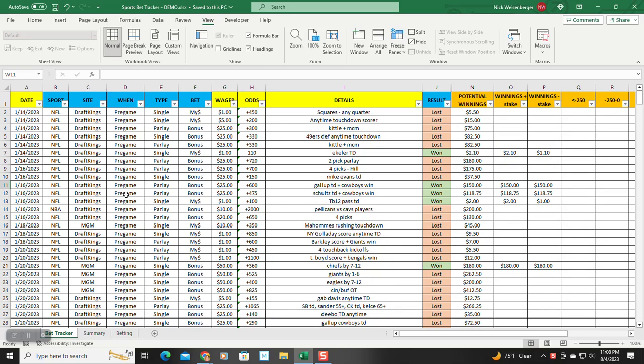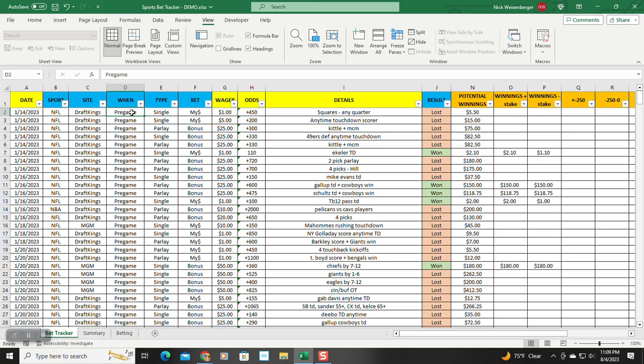This is where I capture all of the bets I've placed. So just going through it column by column, first of all I use the same color scheme I use on all my spreadsheet templates, where yellow is user input, blue is drop down lists, and orange are formulas. So for each bet I place, I put one new row in here, put the date of when I placed it, what sport it is, NFL, football, basketball, and so on, what sportsbook site I use,